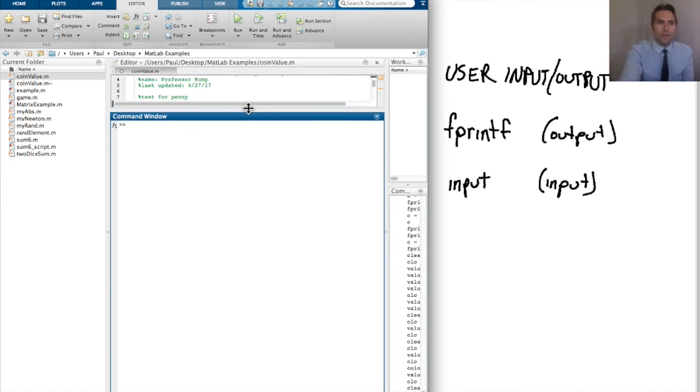So let me go to the command window here, and let me just give you an example. Let's say I type A equals input, parenthesis, and you see there's a prompt. It gives us a hint, it says prompt. So I'll put a single quote. I'll say, give me a number. Put a semicolon after there. Okay, and when I hit enter,